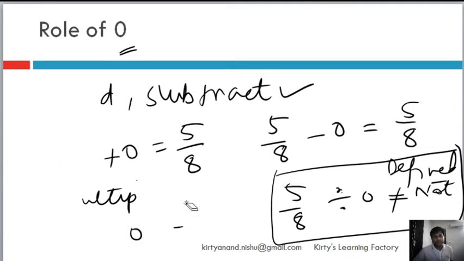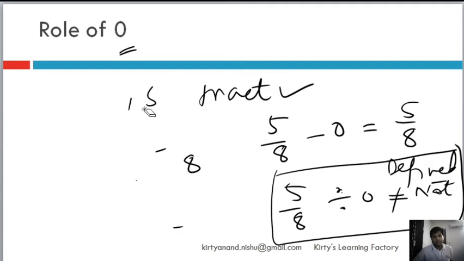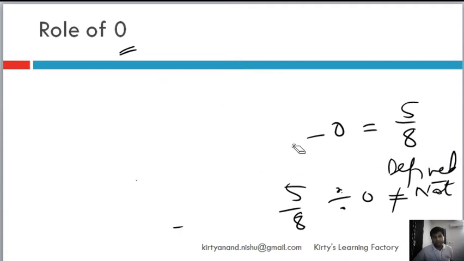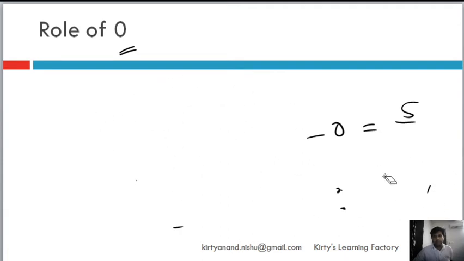Now this part obviously is easier to understand, but why does it happen that when we multiply a rational number or any number for that matter by 0, it becomes 0? Why? Have you ever thought about it, that why if we multiply a number by 0, the product becomes 0? So today we'll learn.